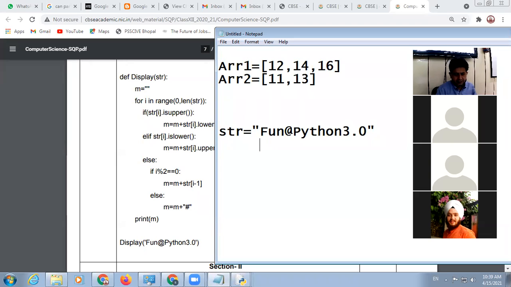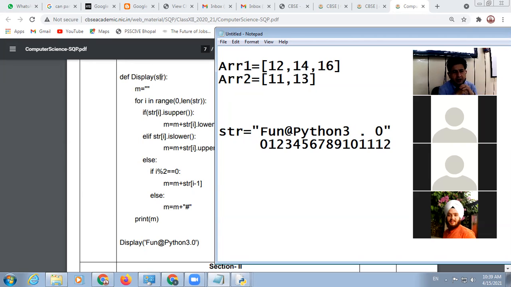Now I am writing here the indexing 0, 1, 2, 3, 4, 5, 6, 7, 8, 9, and 3 in the 10th location. I'm giving one space for dot in the 11th and 0 in the 12th location. Now, when we call the function, the str value will be fun@python 3.0.